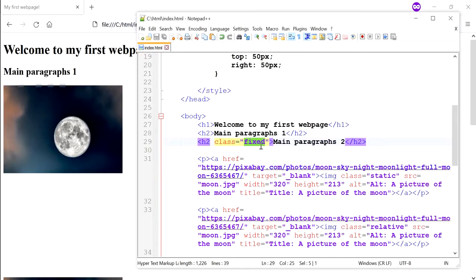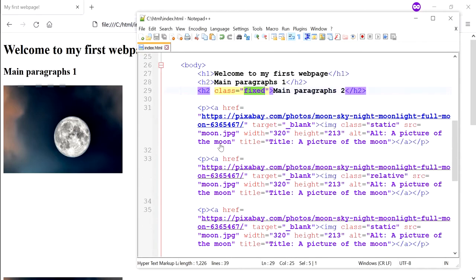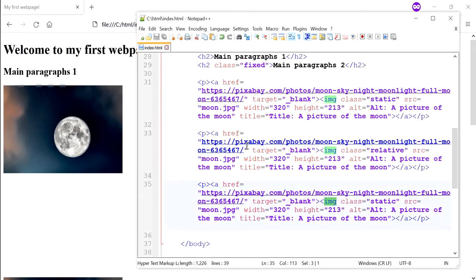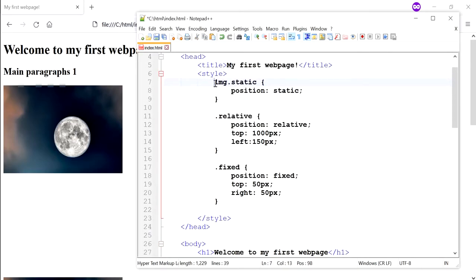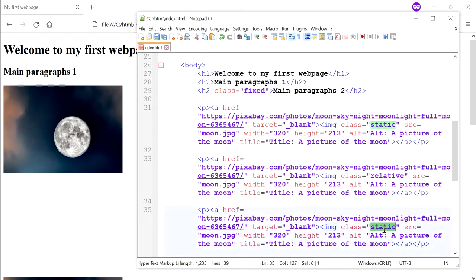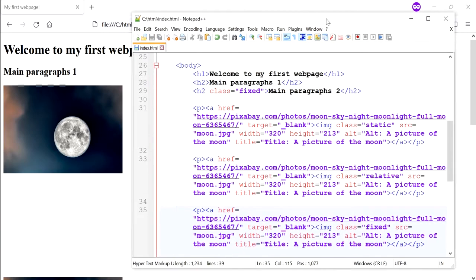So if you wanted these positioning styles to only work for the image tags, you can specify this. So over here, if I put img, so this is the HTML element, it means style all image elements with this specified class. Okay, so now when I say img, it means these classes will only work if the class has been used within an image element. So if I bring this back to fixed and I save it, now you'll notice that